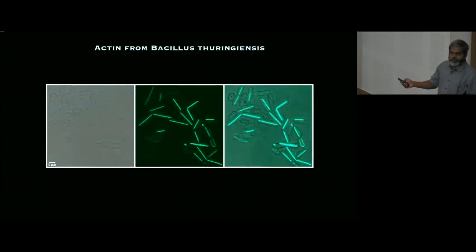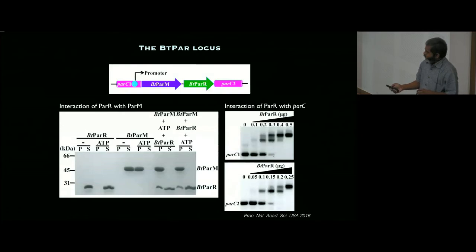And yet another protein, again from Bacillus thuringiensis, an actin, formed these very straight, rigid rods in yeast cells. Again, this is a cylindrical confinement, like this one cell that you can see here. So these are filaments. And what we could show with this protein is that this is in fact a bona fide